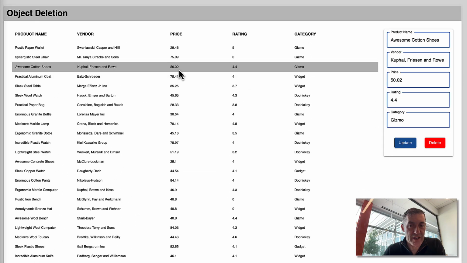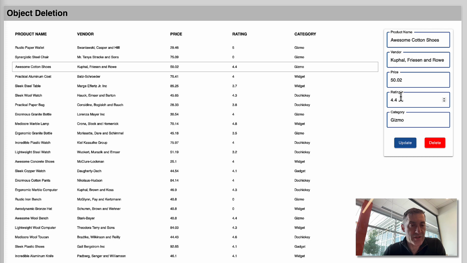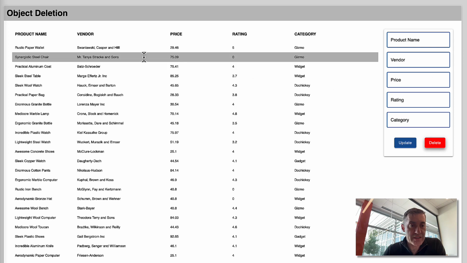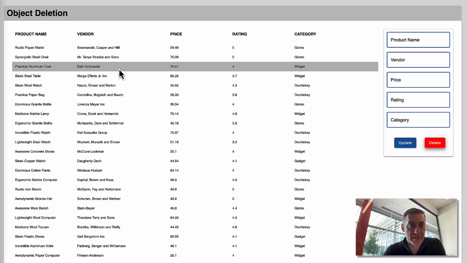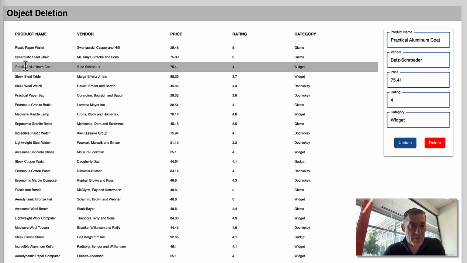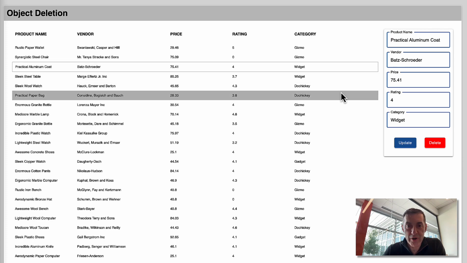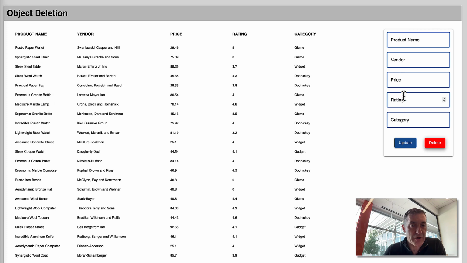When we select a record, the details for the selected record are populated in the form, and when we click the delete button, it sends a request, and then as you saw, this record is deleted. So now let's try it again with this practical aluminum code, click delete, and now it is gone. The API request on the wire is going to be exactly the same as you just saw with REST console. Let's take a look at the logic behind the delete button.